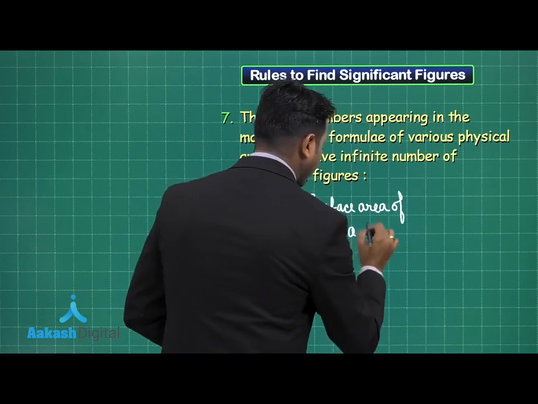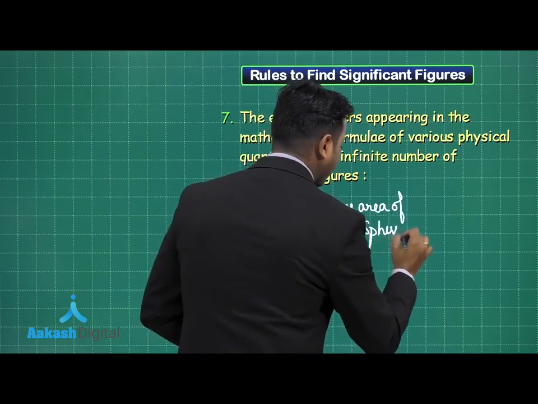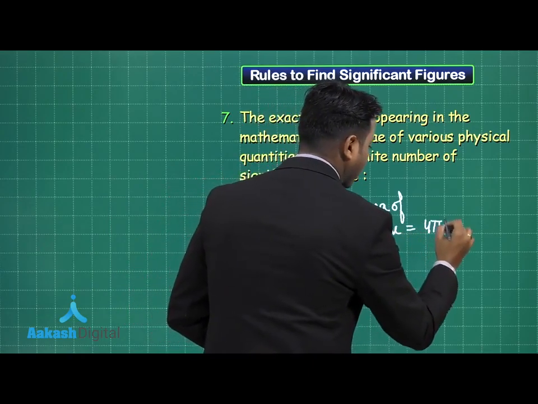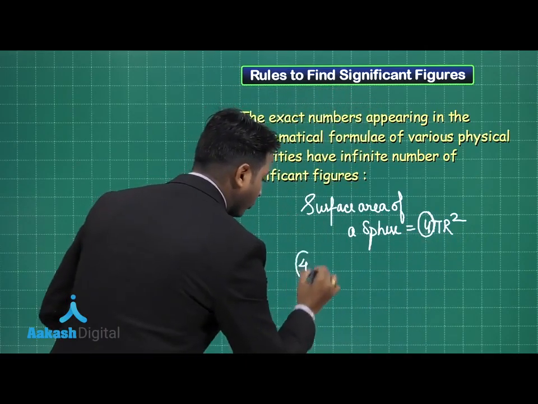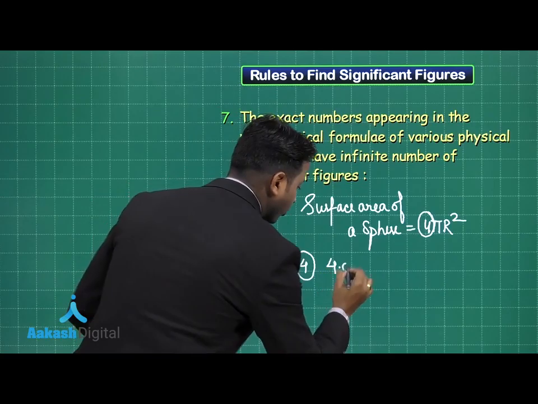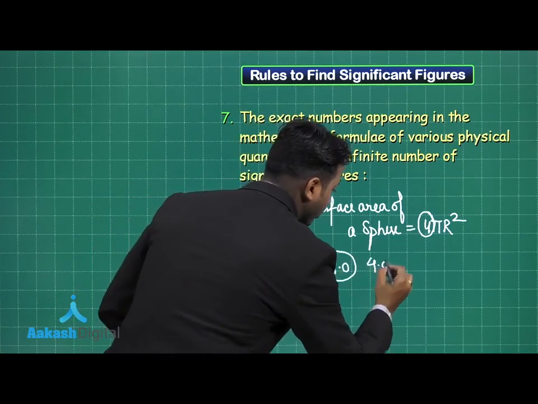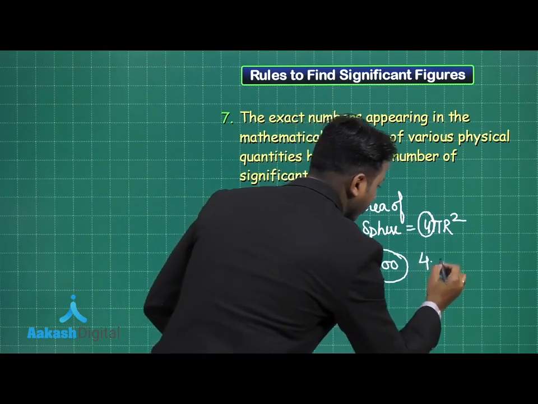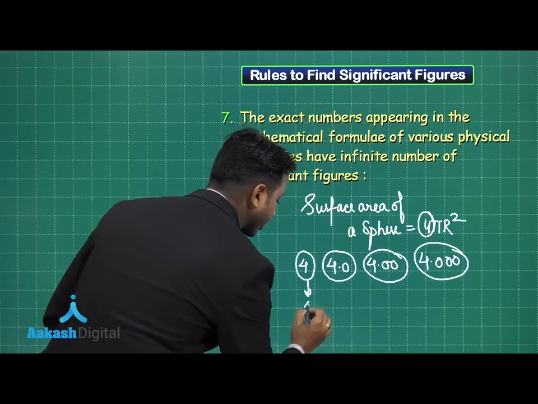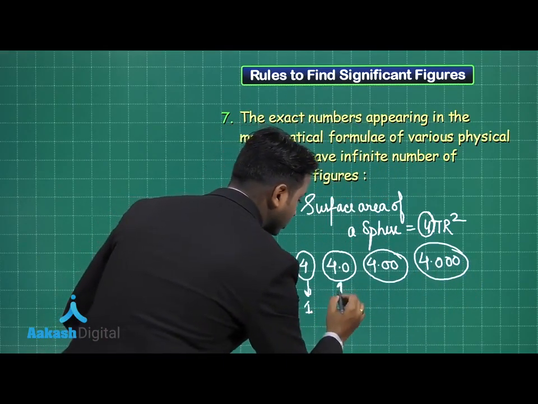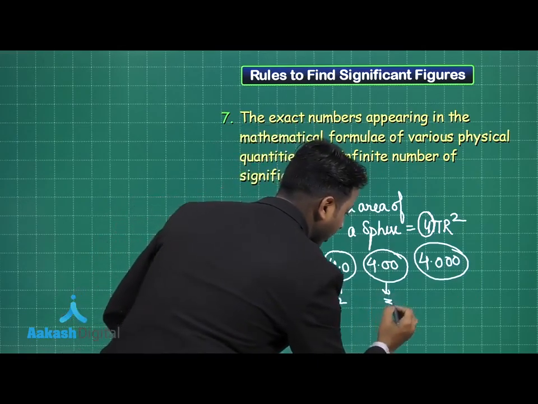The surface area of a sphere has a formula which says 4 pi r square. Now tell me, what about this 4? This number 4 can be written as 4.0, 4.00, or 4.000. So in this case, this has 1 significant figure, this has 2, this has 3, and this has